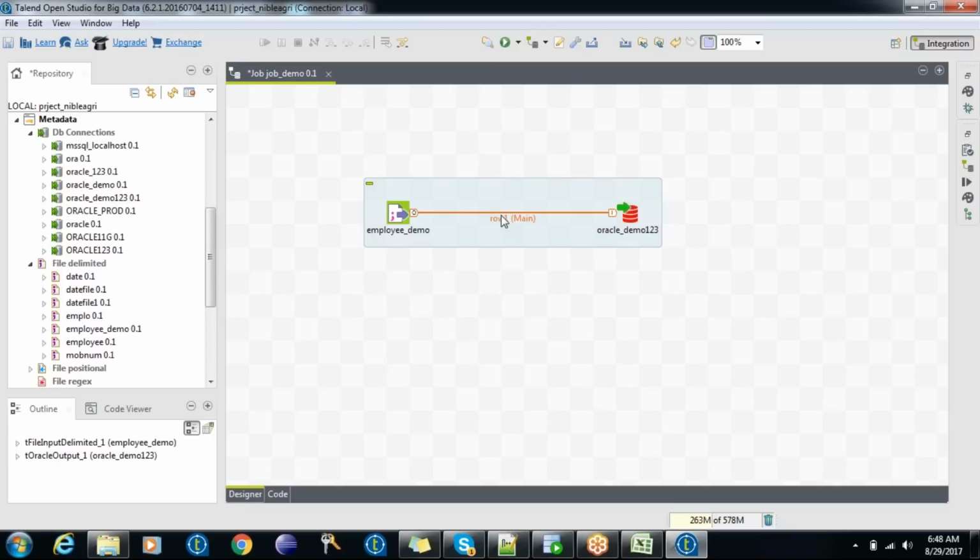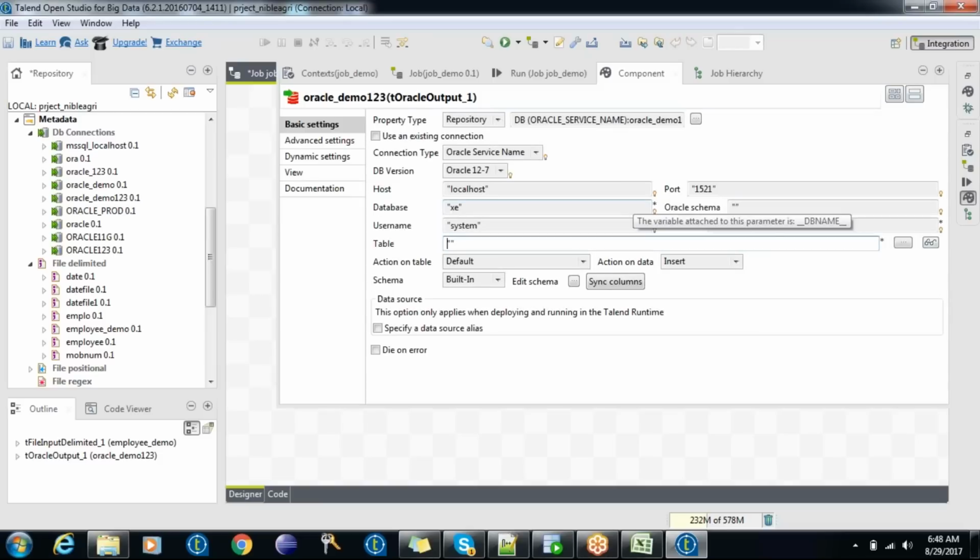There are no transformations in between. It's like a direct load from file to table. So file is my source and Oracle is my target. Double click on the Oracle output component. If you want to load the data into Oracle, you need a table, right? The table is not there here. I'm just giving a table name, saying EMP_